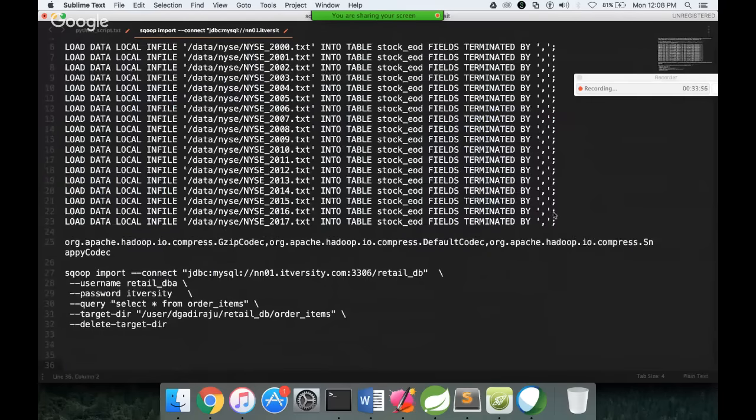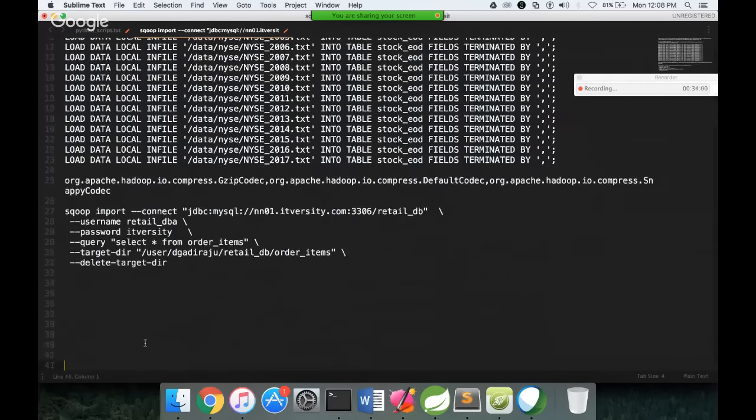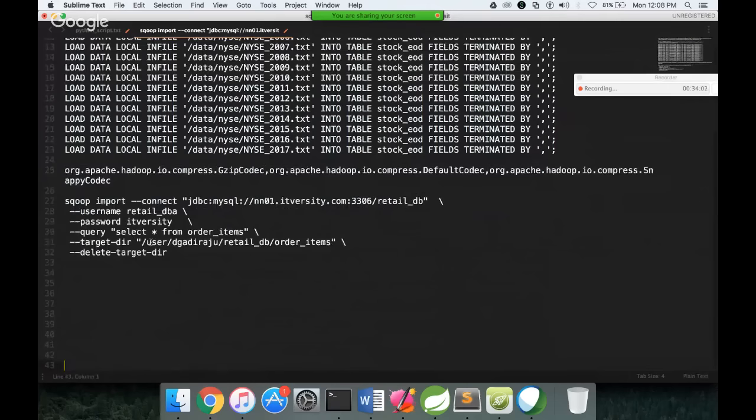Okay, now this is the command which we are trying to run. Now what will happen is, if we give a query, the Sqoop developers did not try to fetch the table names mentioned in the select query and check whether the primary key exists or not. Only with the table option have they taken care of that. So the side effect of that is if we use